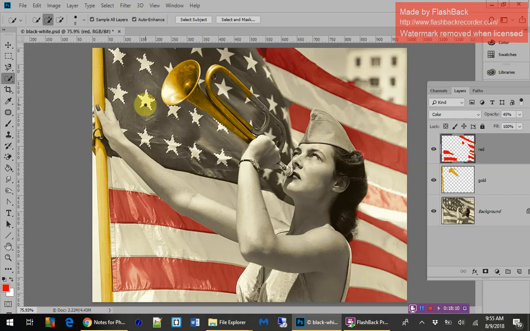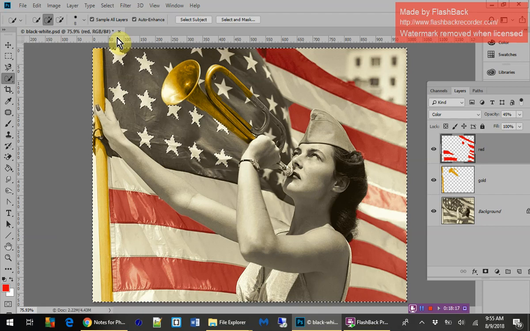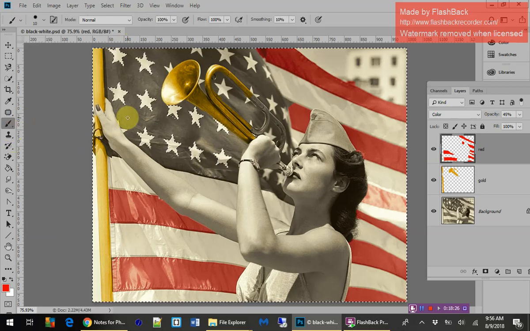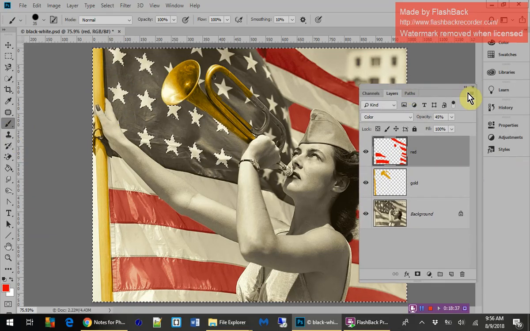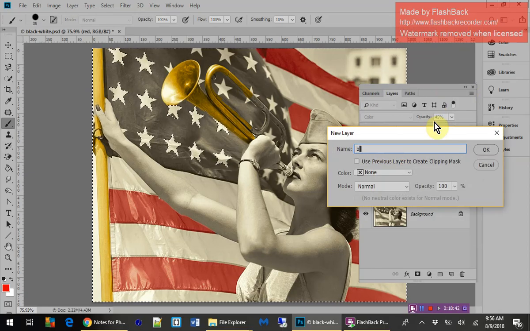Now I don't want to be limited to painting in here, so I'm going to do a little trick here. I am going to do the inverse. Now it's selected the whole thing, so I don't want to use the paint bucket, but what I can do is quick and dirty. My paintbrush, I'm going to make this baby really big so that I can go like, wrong color, Control Z. I got to add my new layer. I'm going to do blue this time, so I go new layer, blue,